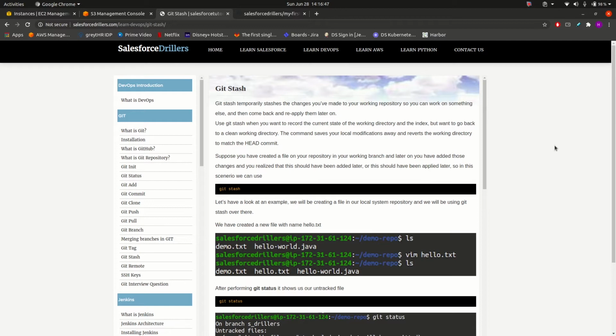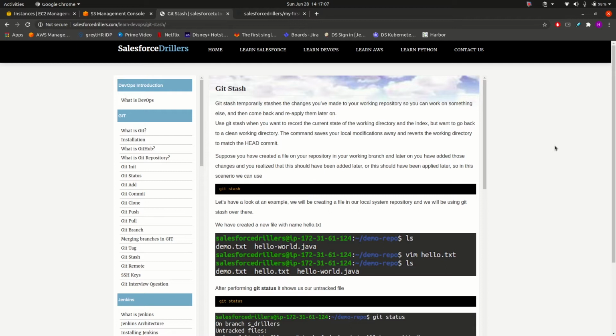Now if you again want that file to come back in the frame, you can use git stash pop. Now that file will again come into the frame and then you can work on and commit that particular file.